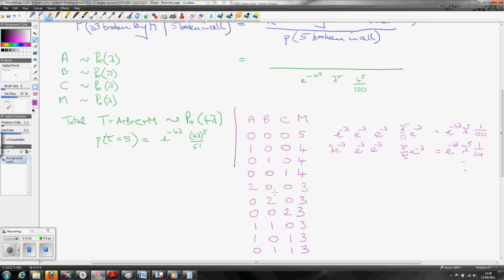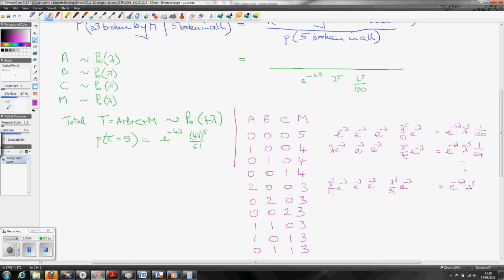So to continue a little bit, we've got here the probability that A breaks 2, which is lambda squared over 2 factorial e to the minus lambda, that B breaks 0, which is e to the minus lambda, and C0, e to the minus lambda, and M3, which is lambda to the power 3 over 3 factorial e to the minus lambda, and that is equal to e to the minus 4 lambda again, because we've got e to the minus lambda, 4 of them, so that's e to the minus 4 lambda, lambda to the 5,